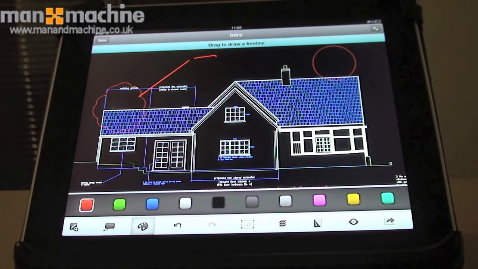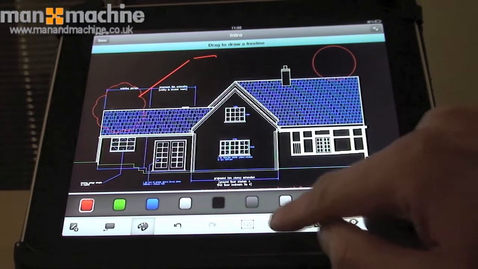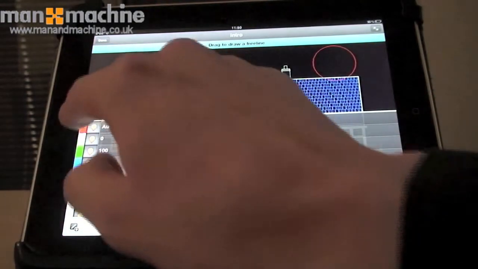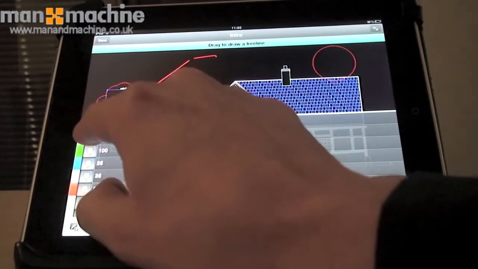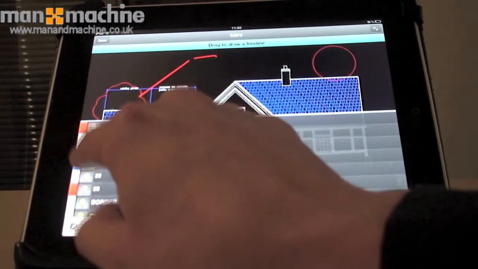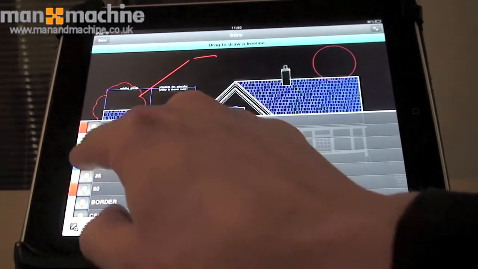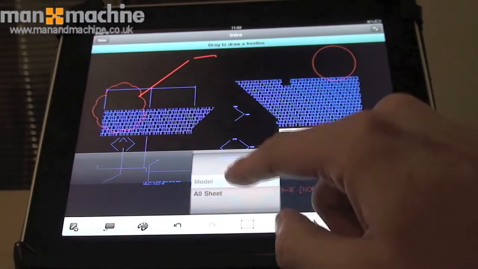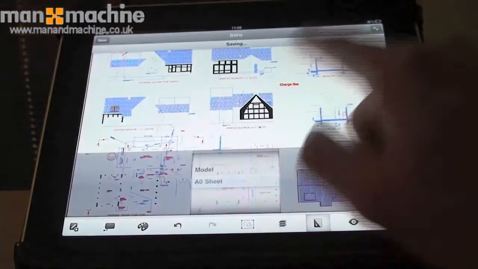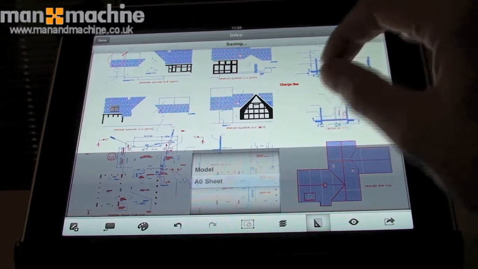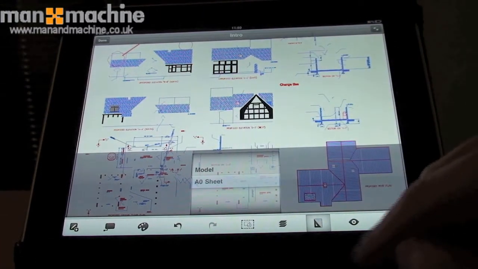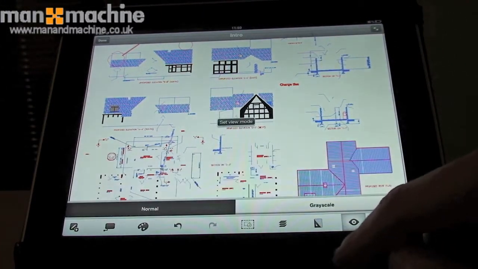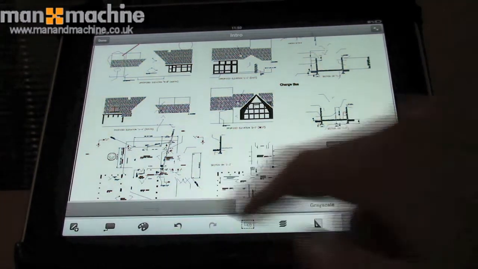You also have some of your AutoCAD functionality such as layers, so you can see here we can start turning some things off, so I can turn off different parts of my model, depending on what I want to show. You can also go between the model and the actual sketch itself, so as you can see here, you can see that in the paper space, and we can also have a grayscale or normal view depending on what you